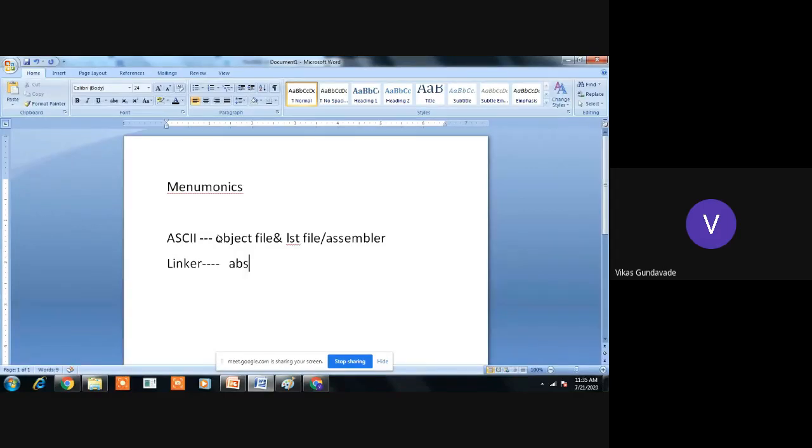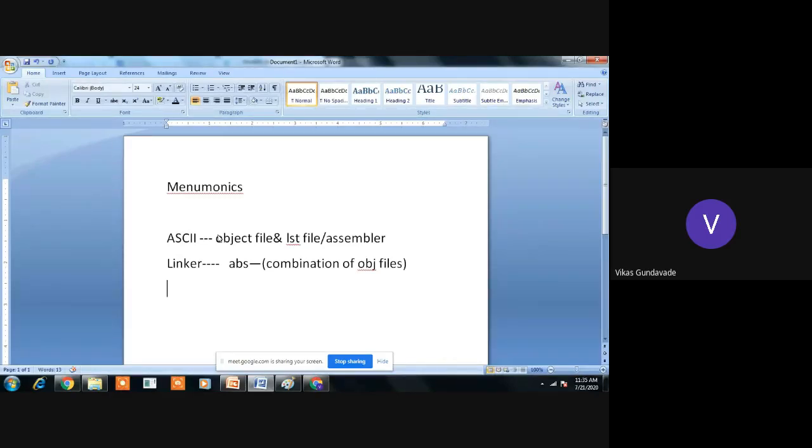This absolute file holds the combination of all the object files together. After making that absolute file, it needs to be converted into the hex file, because the microcontroller reads hex language.